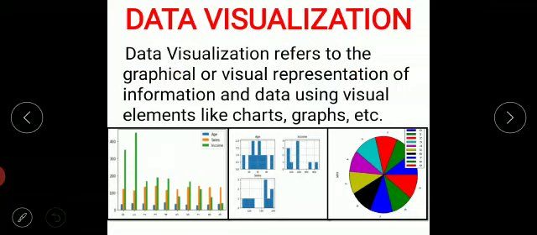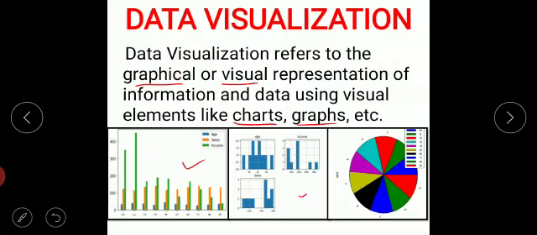The data visualization refers to the graphical or visual representation of information and data using visual elements like charts, graphs, etc. Here, as you can see, we have different types of charts like the bar chart.